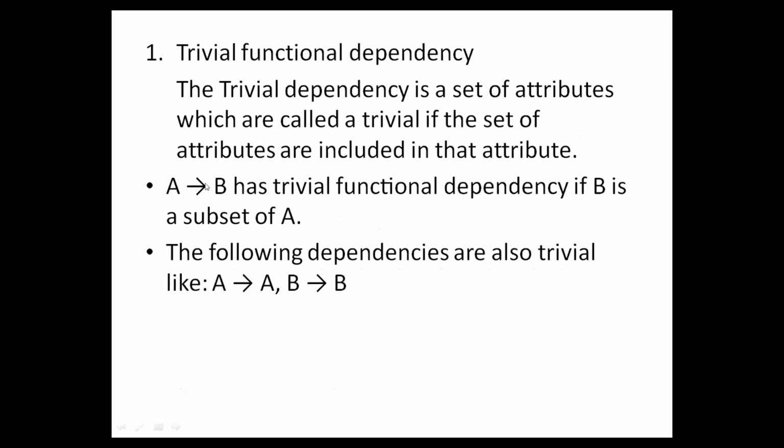We say B is dependent on A is a trivial functional dependency when B is a subset of A, when all the values of B belong to A. In that case, you also say that A is dependent on A and B is dependent on B. Okay? So this is one thing, and the next is